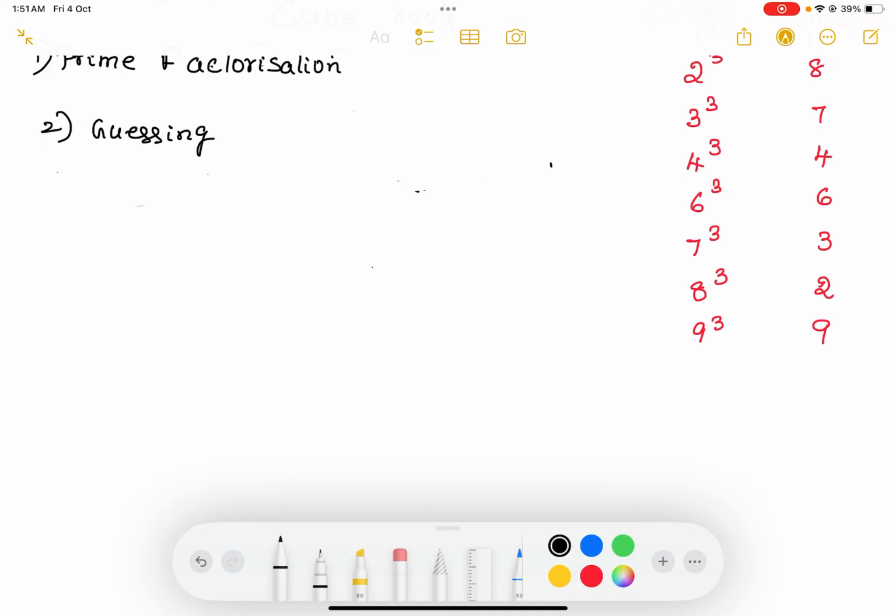So now I am starting exercise 7.2. Exercise 7.1 I completed in the last lecture. In 7.2 I am doing a step-by-step process, which is helpful for you to answer in the examination and to score more marks. Okay, so 64 is there. Find the cube root by using prime factorization. How to do this? When you do the prime factorization of 64, it is 4 ones are 4, 4 fours are 16.